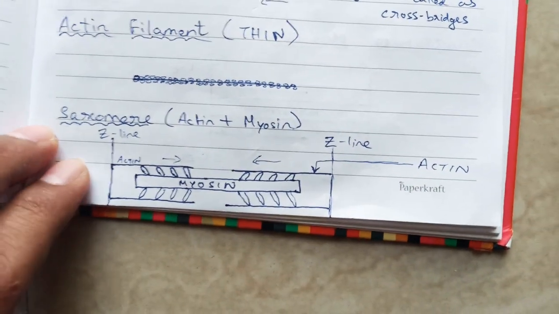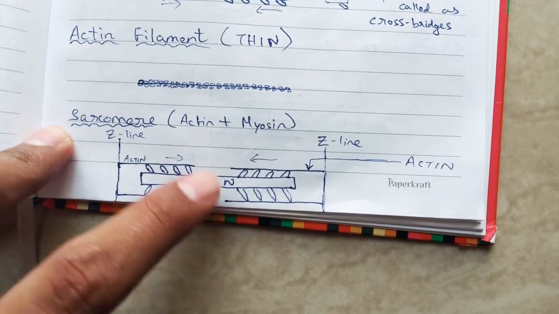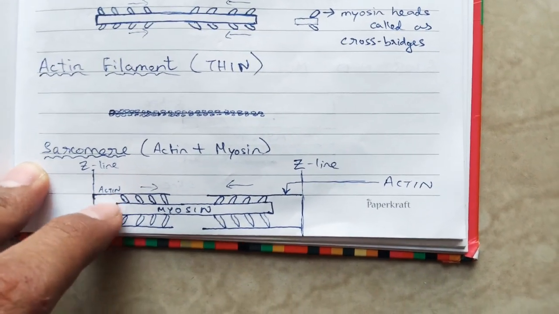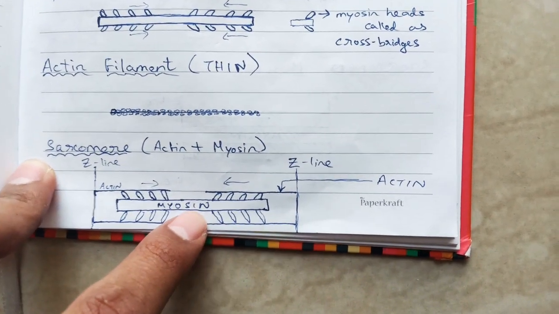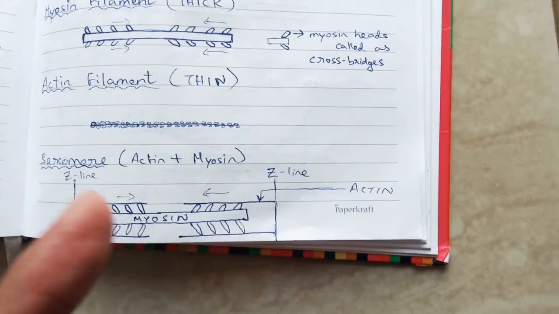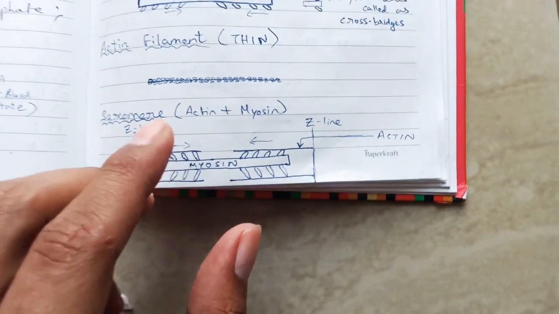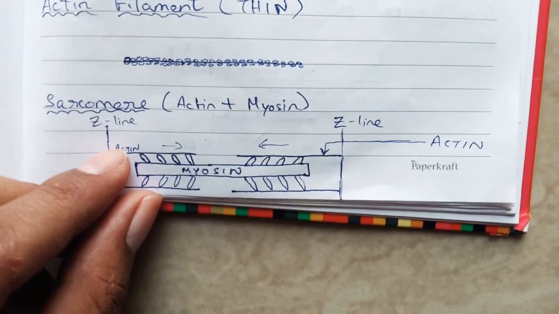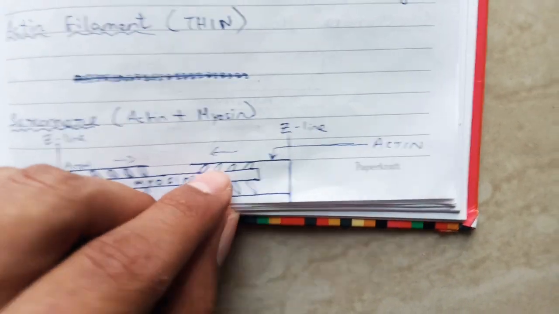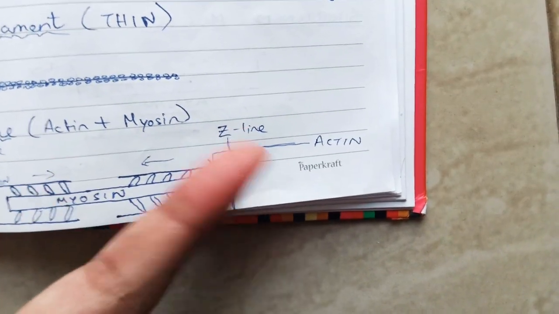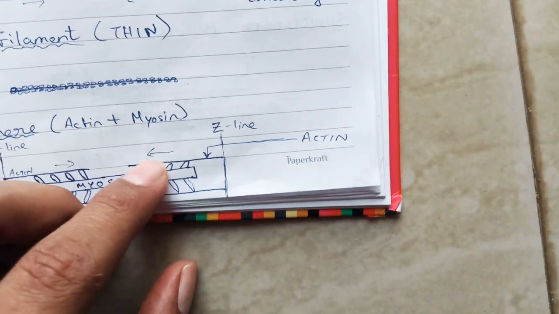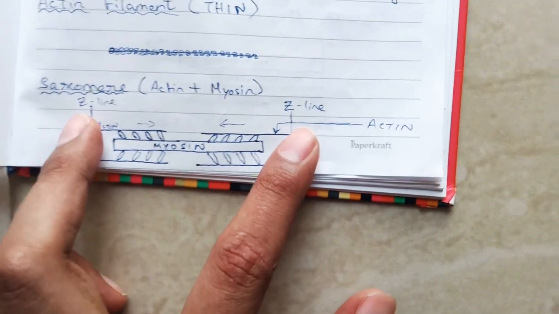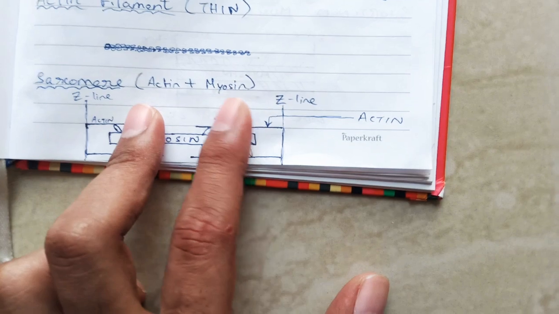So here's the sarcomere. A sarcomere comprises actin and myosin. We already know that, right? So actin, and between two actins there will be a myosin. What this myosin will do is, like I said, like a finger, it will flex like this. All these four heads are going to flex like this against the actin filament. As a result, this actin filament is going to move in this direction. Similarly here, the fingers, imagine it's like this. I'm trying to pull this line in this direction. When that happens, a muscle contracts and both these imaginary Z lines are going to come close to each other.